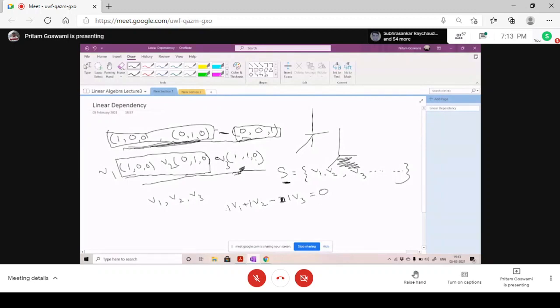Is it clear? Yes, sir. Okay. So look here. With these three vectors v1, v2, and v3, and some scalars 1, here also 1, and here also 1, the scalars are not 0. There should be at least one scalar which is not 0. Here all three scalars are non-zero. So I can write an equation combining these vectors which gives me 0. If I can write like this, then I say that any set containing these three vectors will be linearly dependent. Like this, S will be linearly dependent. Is it clear now?